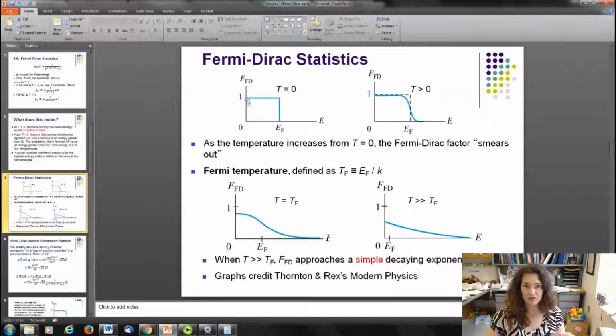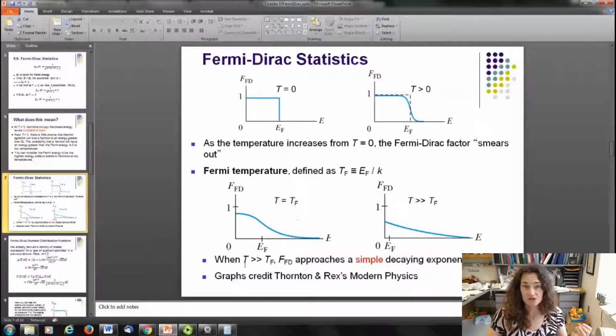right? So here you have a value of 1 up to E Fermi, and then after that it's 0. And then as the temperature goes to greater than 0, that step function just gets rounded off, and it looks like this. It smears it out. Now, if you define your Fermi temperature, setting EF equal to kTF, then you have